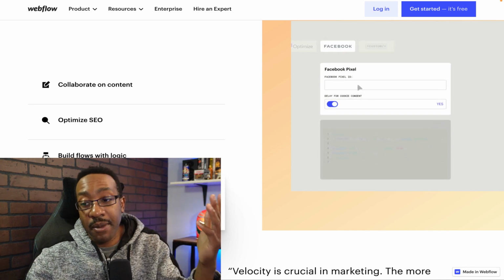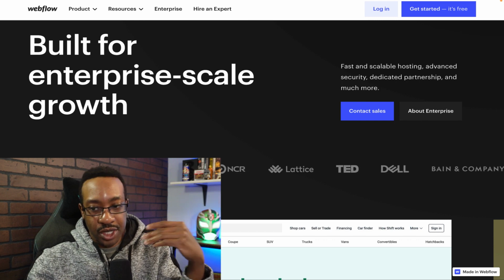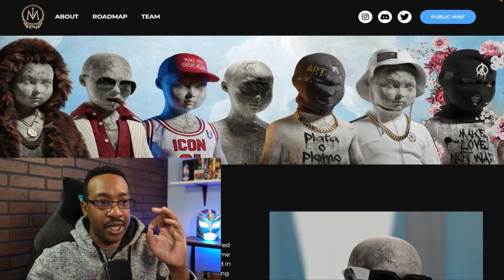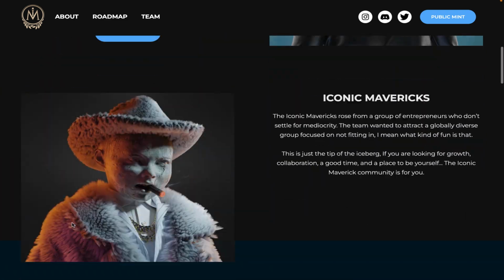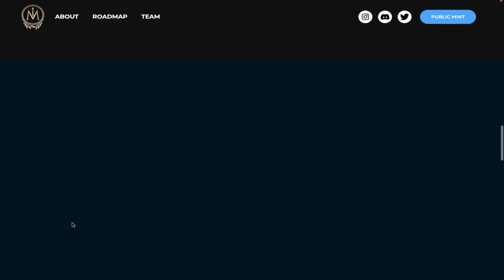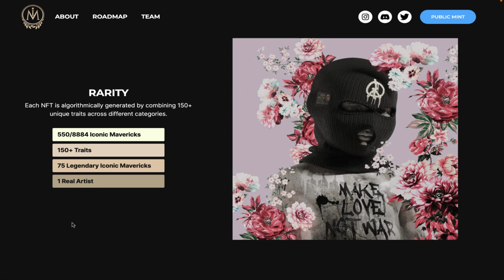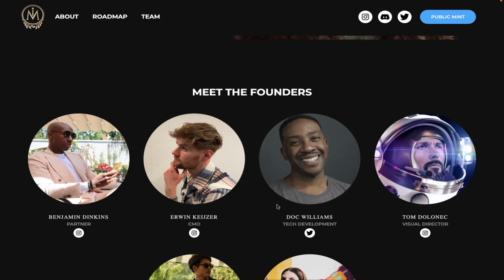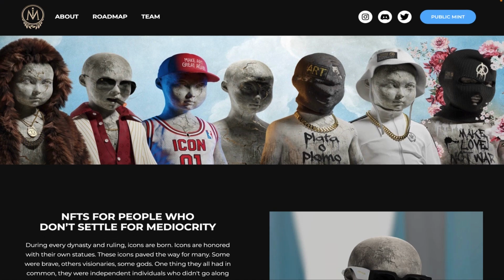If you're using Facebook Pixel for ads and all of those things, you're going to be able to do this very easily. I see a lot of people using Webflow also if they're trying to launch different NFT collections and they have a very specific style or they want very specific things to happen for their website, the look and feel, the animations. This is just one of the collections we worked on, and they're using Webflow. It's Iconic Mavericks, and they wanted to showcase their upcoming NFT collection. As you see on this page, different animation based on scrolling, and this was brought about exactly how the person wanted it, and so you could change everything on this page.